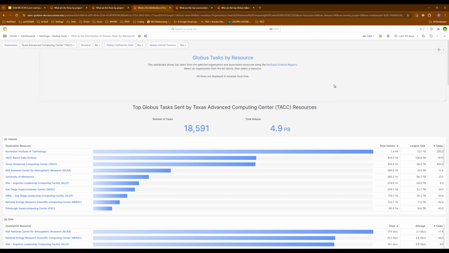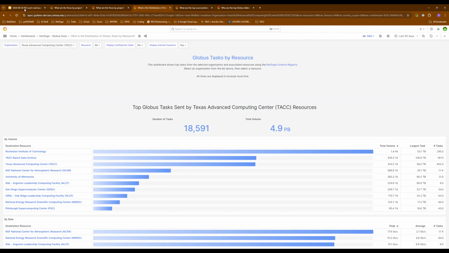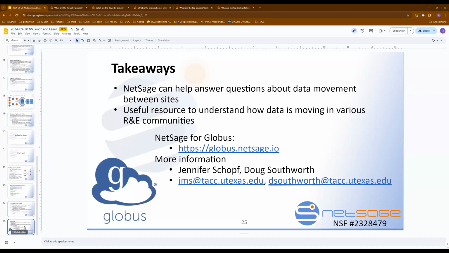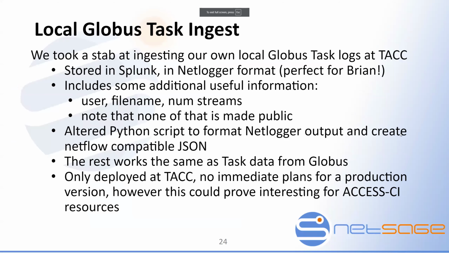And one other thing that we are playing around with right now. I've got one last slide on this, and I'll stop torturing you with slides. So we took a stab at ingesting our own local Globus task logs as opposed to getting the ones from what we lovingly call the mothership. We store them all in Splunk, and it turns out they're in NetLogger format, which Brian spearheaded years ago, still in use. And while the formatting of them was different than what we were getting from Globus,